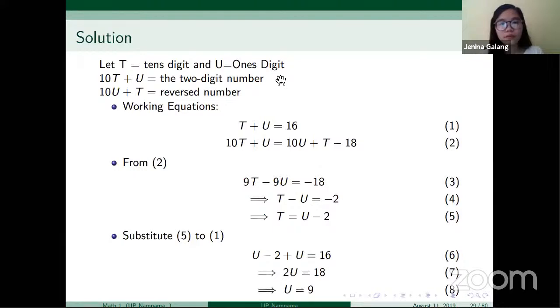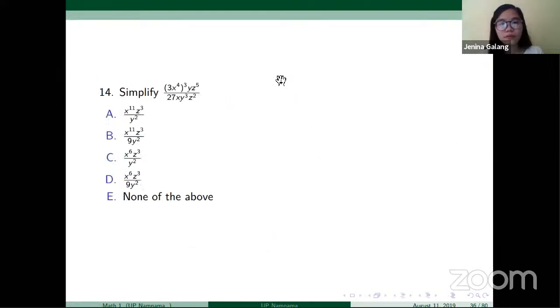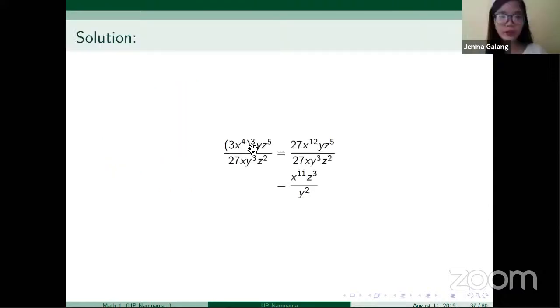Number 14. Simplify this expression. So here, dito net 3, i-distribute natin sa expression na nasa loob ng parenthesis. So 3 raised to 3 is 27, and x raised to 4 times 3 is 12. So